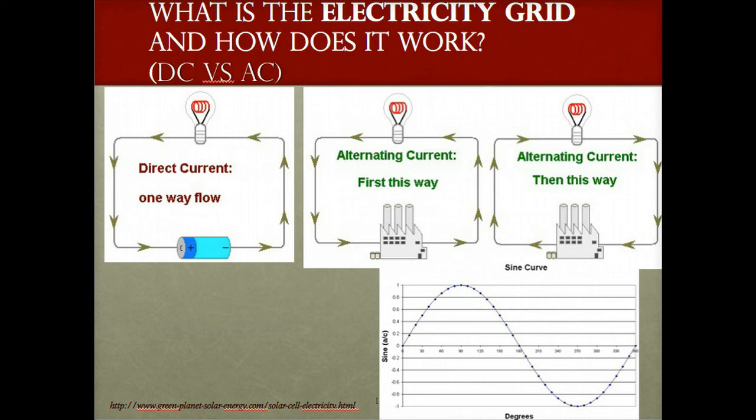Direct current, or DC, is electricity that flows in one direction. It is direct. Alternating current flows in one direction first and then the opposite direction. When graphed, it follows a sine wave pattern, as opposed to direct current, which would be a straight line. There is more we could say about this, but we don't need to get bogged down in the details. What's important for you to know at this point is that our entire electricity grid is based on alternating current,